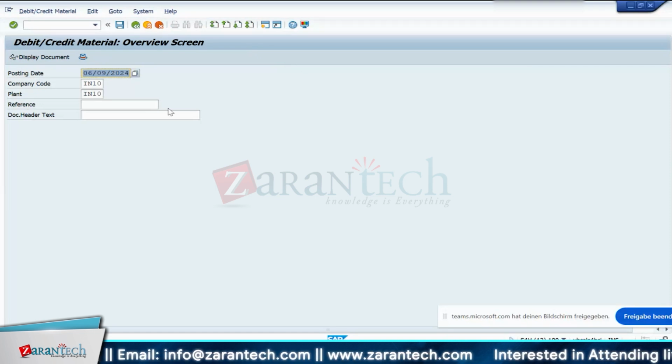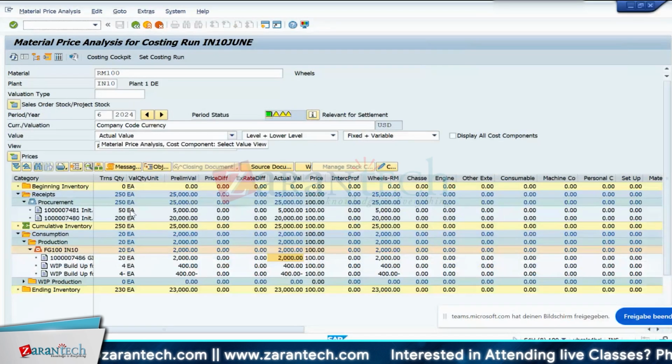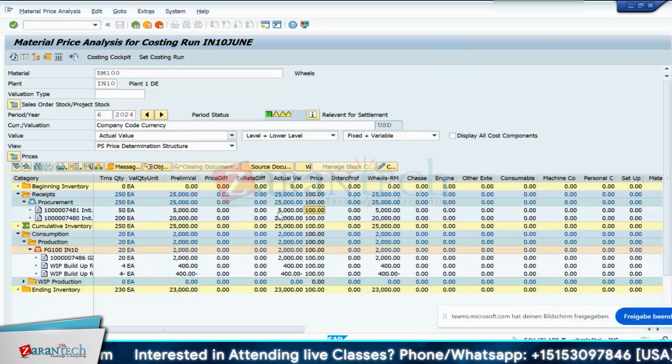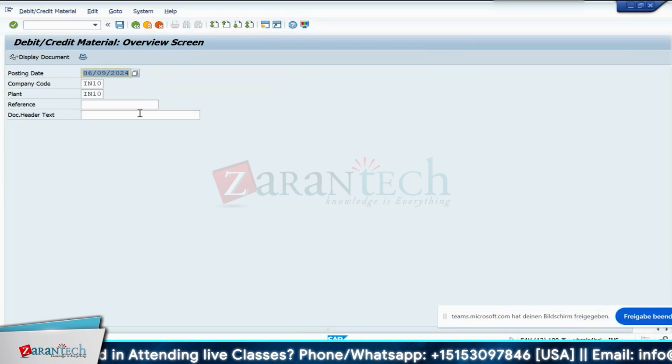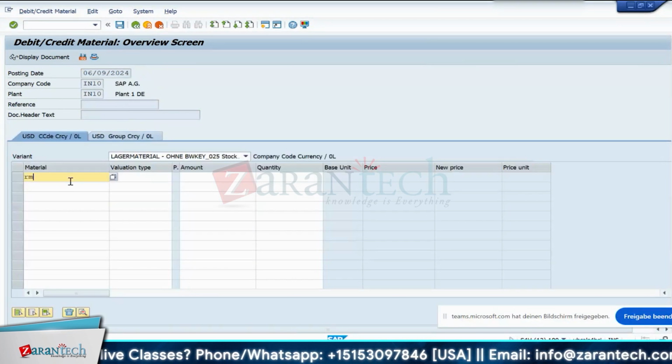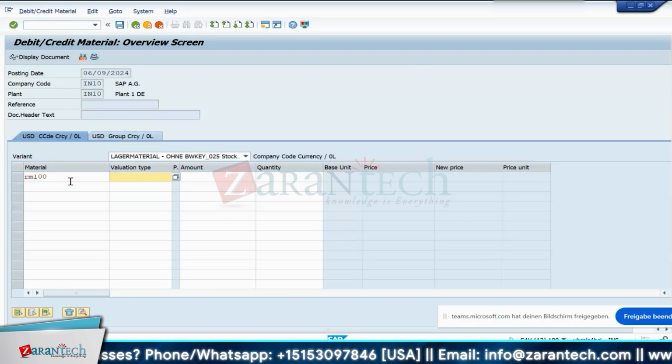Let's see how much my stock is showing. The material cost is 5,000, right? The price is 100. Actual cost, assume, is 120 for this material, RM100. I will enter the amount as